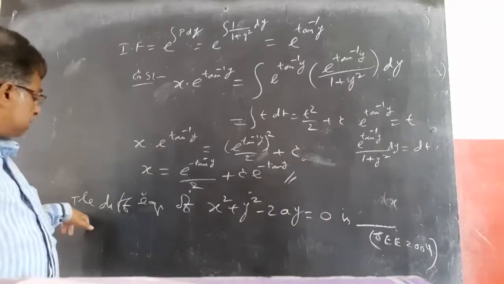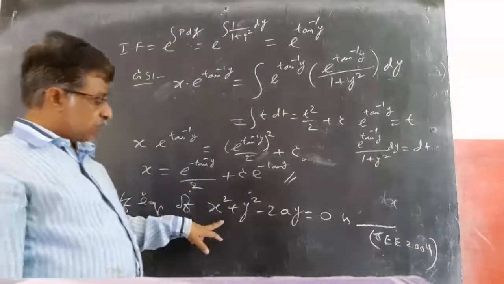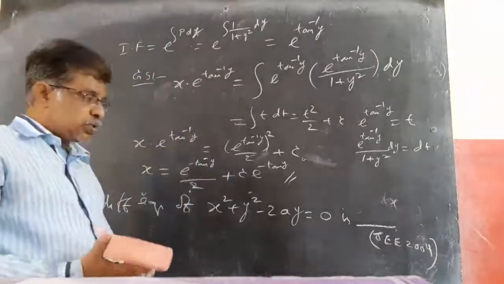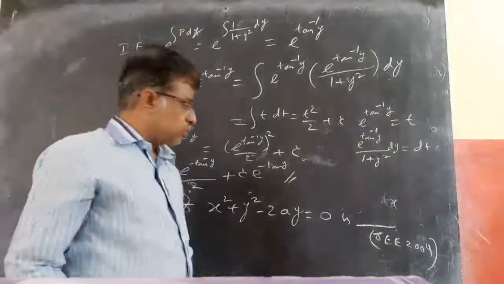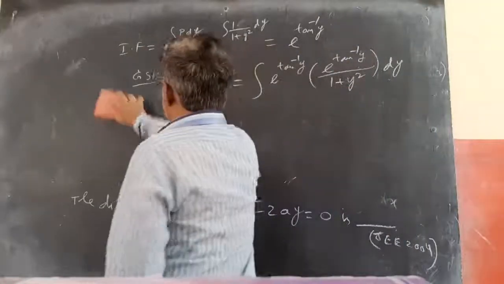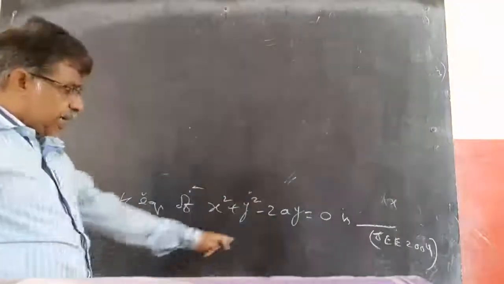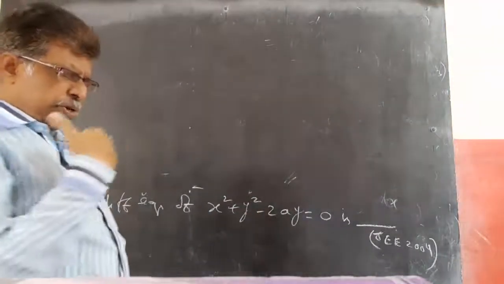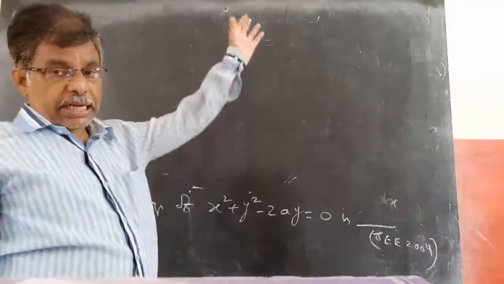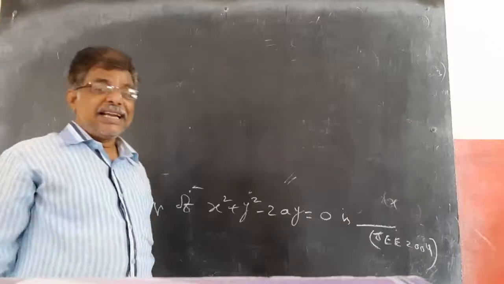And the next question is on the differential equation. Find the differential equation of the equation x square plus y square minus 2ay equal to 0. This is given in JEE 2004. So how to solve this? Here there is only one arbitrary constant. Observe, in 2002 he gave forming, order and degree. In 2003 he is giving solving the equation. Now 2004 again forming the equation.